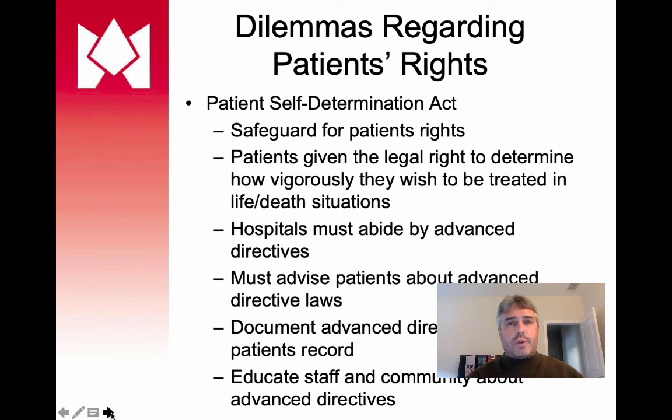But in hospitals, we have to go by what those advanced directives are. If you have an advanced directive that the person wrote, and they were of sound mind and competent when they wrote it and signed it, and it says, if my heart stops and I stop breathing, just let me go, then you as a practitioner, you as a hospital, you as a nurse have to abide by that. Even if there's family there telling you to do otherwise, even if there's physicians there telling you to do otherwise, we have to go by that client's wishes. We have to tell patients about advanced directive laws. So when patients come into the facility, we're always screening them. Do you have advanced directives?